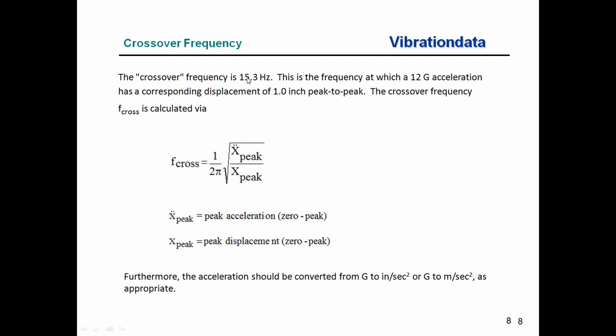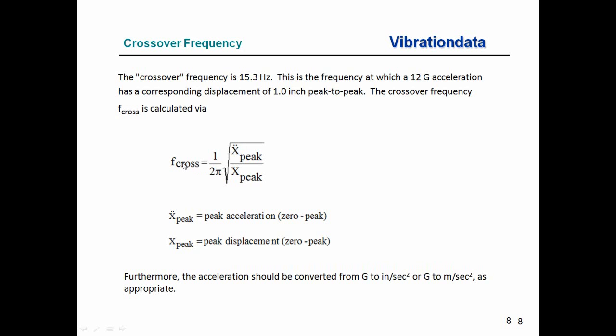Well, in this case, it's going to be 15.3 Hertz for the previous example. And what we're going to do is we're going to take our peak acceleration and divide by our peak displacement. And we need to be consistent and think about units and dimensions. So in this case, we're going to have 0 to peak amplitudes for each of those two metrics. And if we have acceleration in g's and we have displacement in inches, for example, then we need to account for a factor of 386 inches per second squared per 1g. So we make this ratio, we take the square root, we divide by 2 pi,